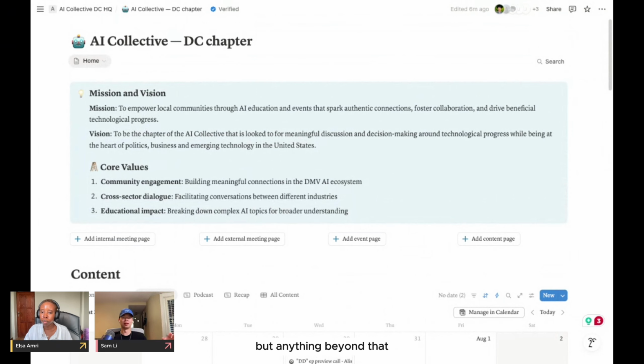But anything beyond that is something that I like to ask in one-on-ones, because what I've learned as I make team spaces is that some people use Notion to just make a page and then leave, and that's all they need to use it for. Others will use it a lot more intensively and update all the properties that they should, and use it every day.